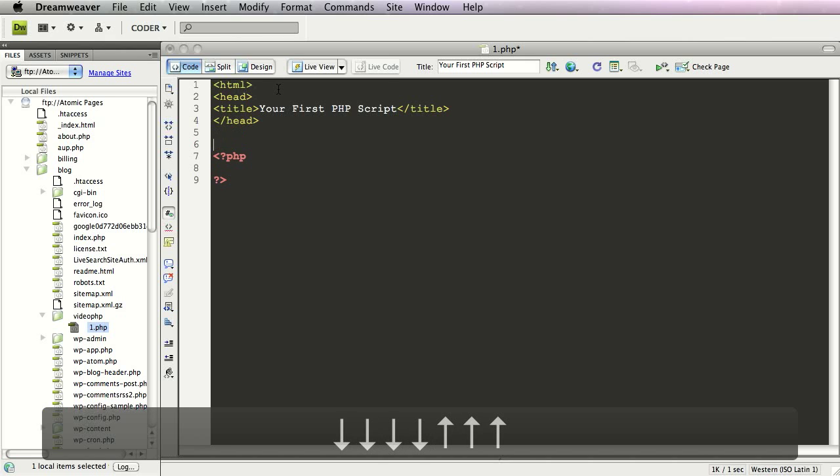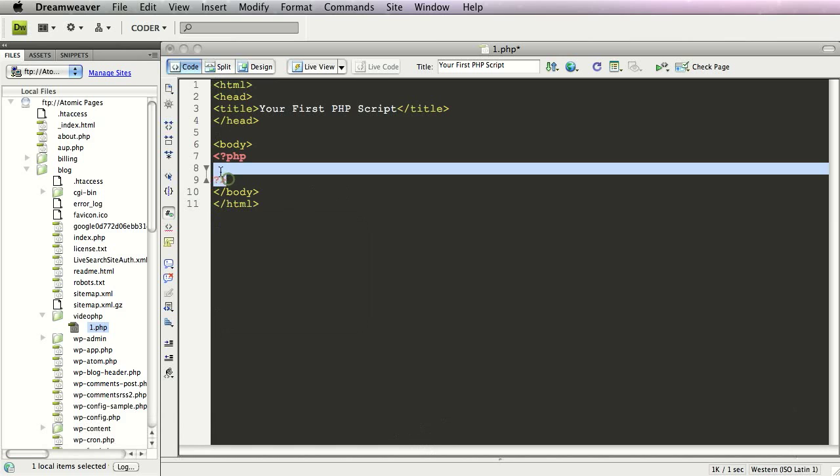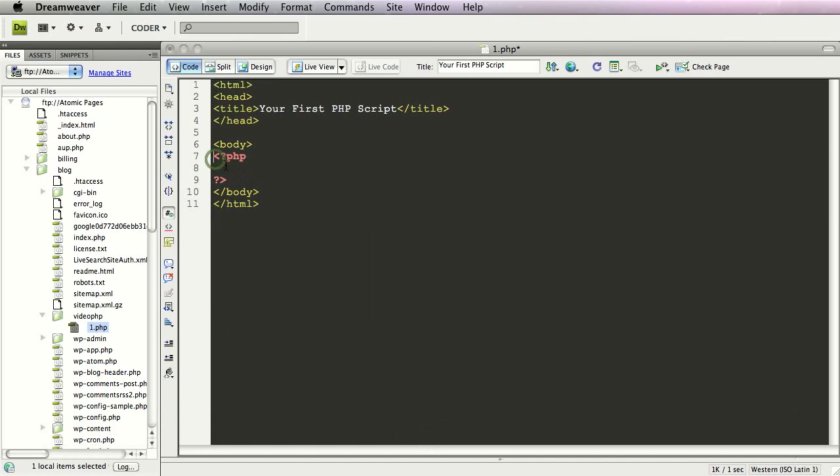So I'm going to put this block of PHP that I've created inside the body of the HTML document. And since it only looks for PHP inside these two opening and closing tags,